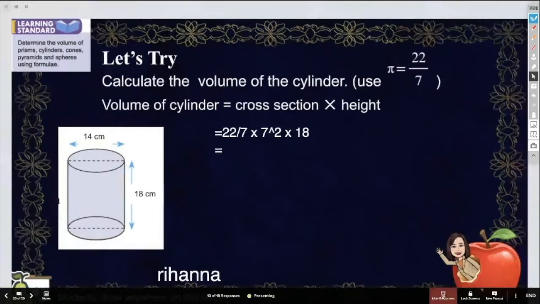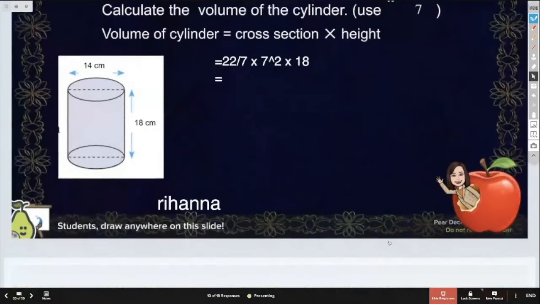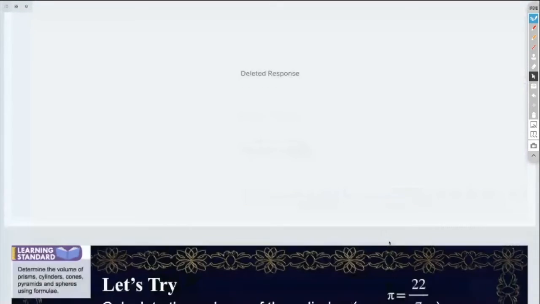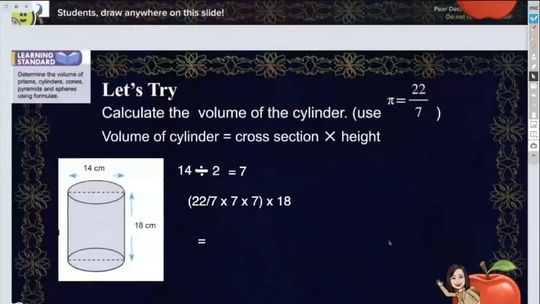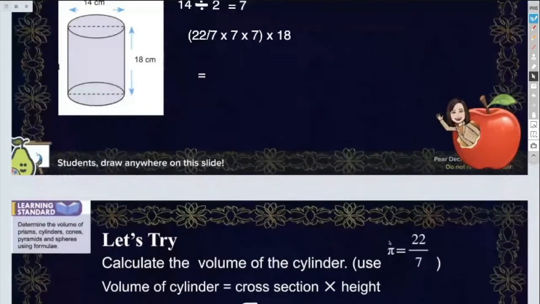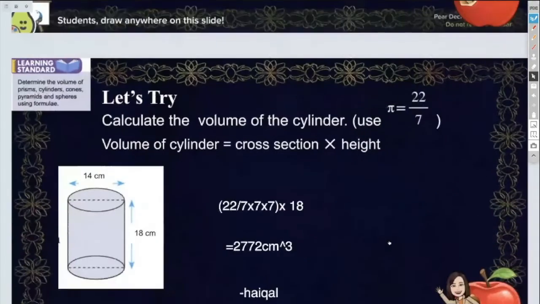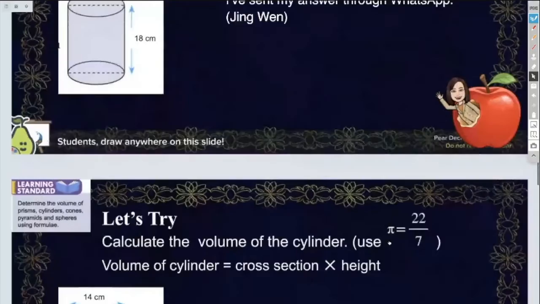Okay, from here, Rahana halfway do. Okay, dah sambung teruskan saja Rahana. Nilai yang dah masuk dalam rumus sudah betul. Tekan kalkulator saja ya, don't worry. Okay, yang ni pun betul dah. Cikgu tengok pun betul. Masukkan nilai dah betul. So tekan calculator untuk dapatkan jawapan akhir. This one I don't know who, but see the working is correct. Good. Okay, Haika. Yang ni dah tahu dah. Okay, bagus Haika. Okay, Jingwen, cikgu dah tanda.